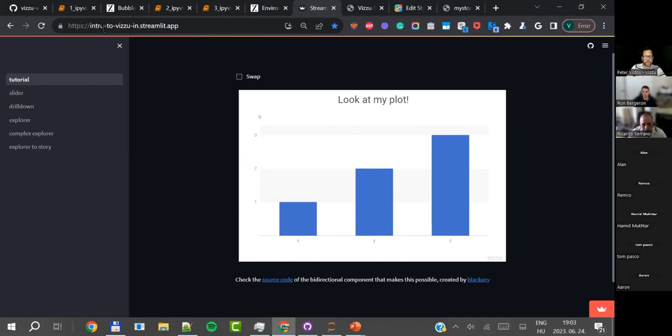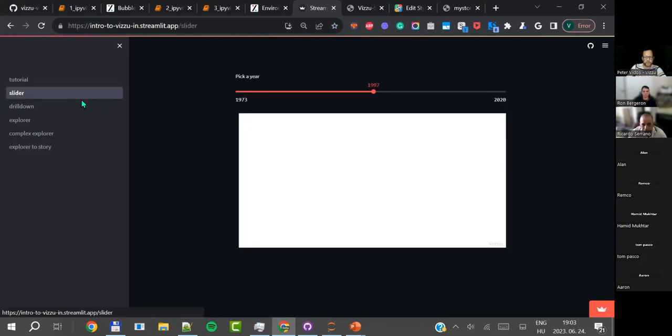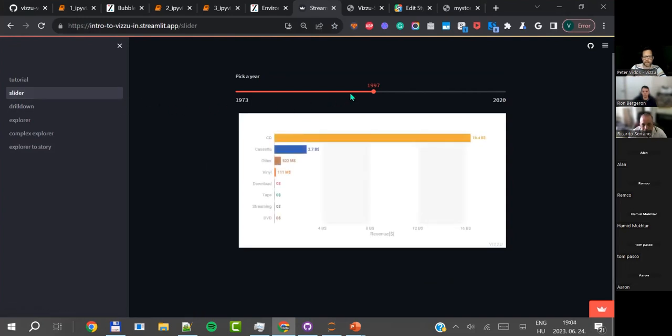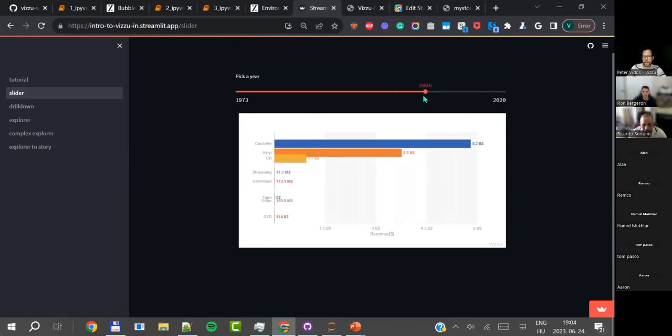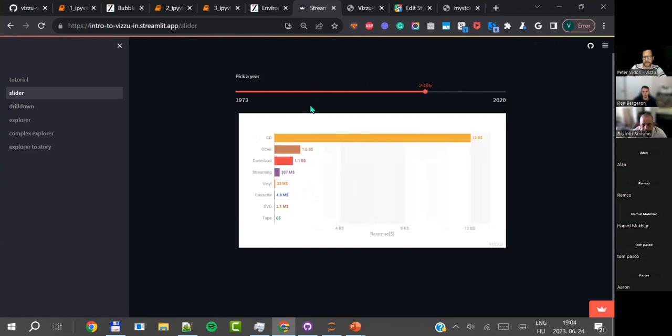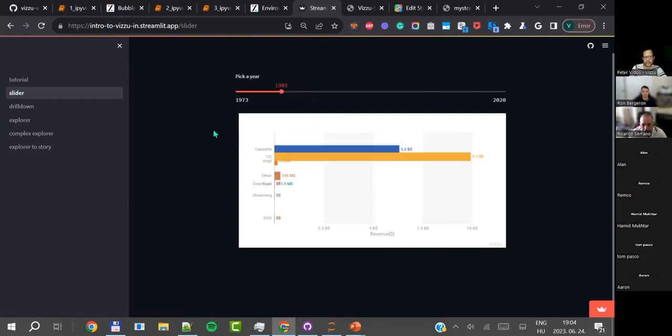If you go to the intro Vizzu streamlit.app link that you can see here, obviously the link is once again in the readme of the repo folder, you can check out all these examples. So how can this new use case be useful? Let's take a simple look at, for example, the music data set that we had before. If I switch this slider to any year, we can just go to that year's data, and the changes are highlighted due to the animation that Vizzu provides.